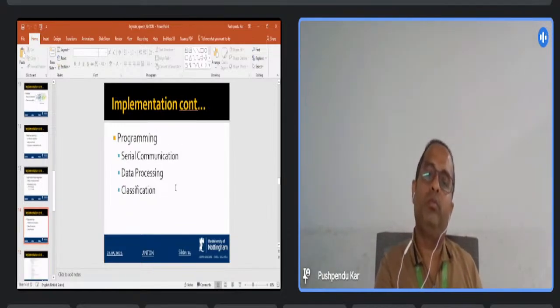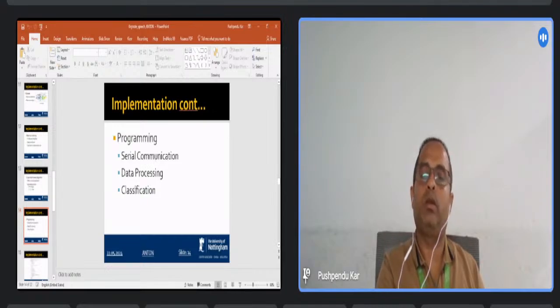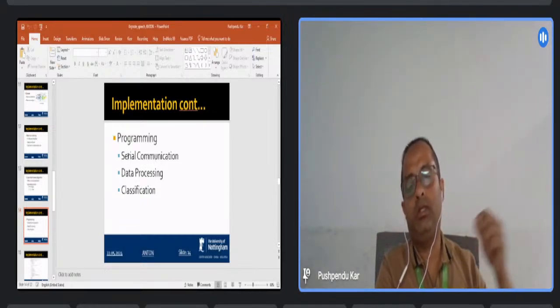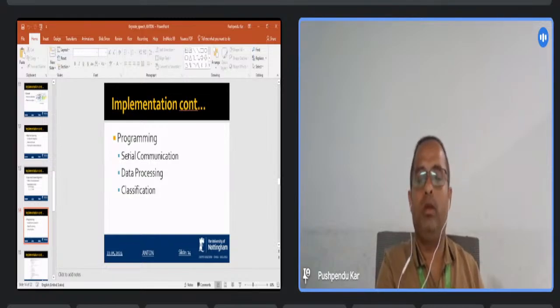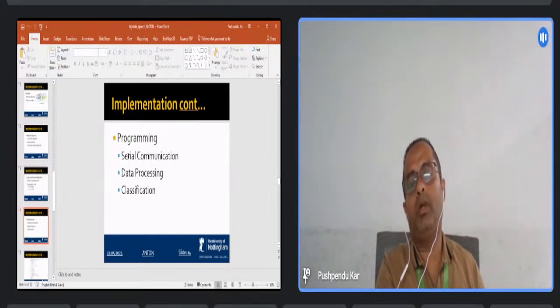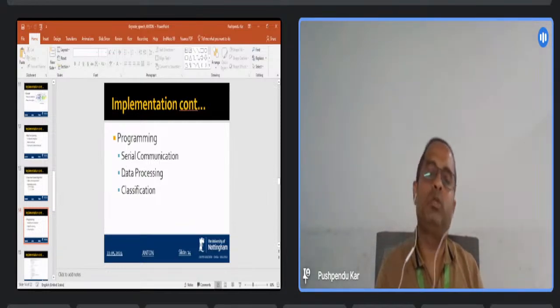The programming part, the AI software which we have implemented and which runs on the computer, has three components: serial communication, data processing, and classification. Serial communication establishes a serial connection with the microcontroller unit and gets the data from it to the computer. Data processing prepares the data to be used in the machine learning model as well as the mathematical model,